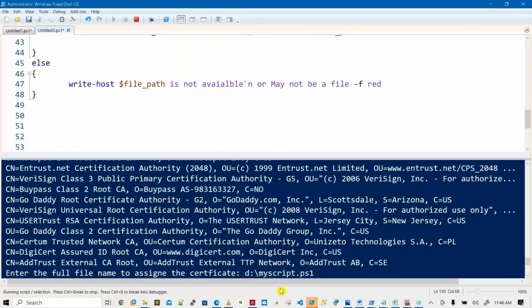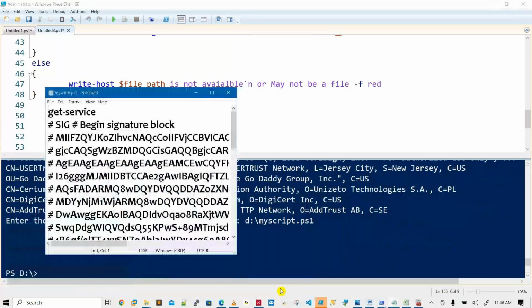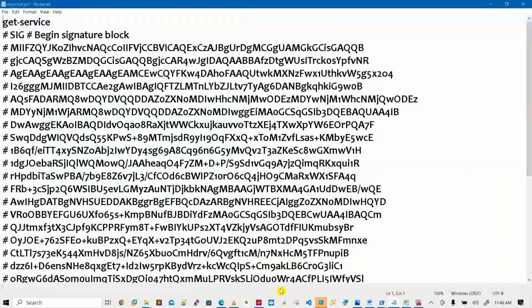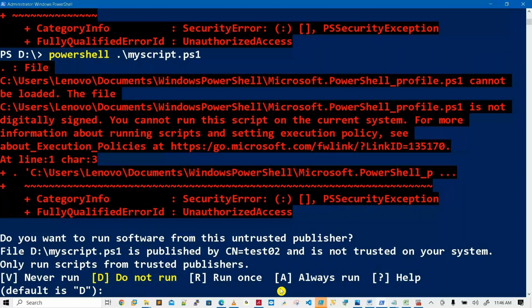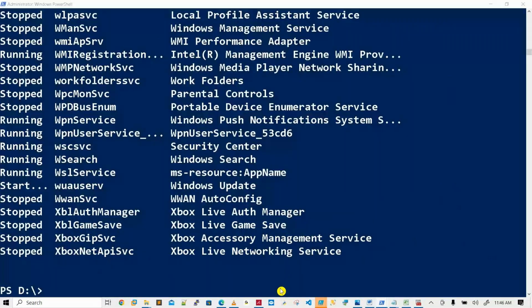That's all. Now open your file. Something added. See your logic. A PEM file, I mean PPK or PEM file, is added to your script. Now happily you can run your script. Previously it was not allowed to run the scripts. Now happily it is working. So how to create the digital signatures?